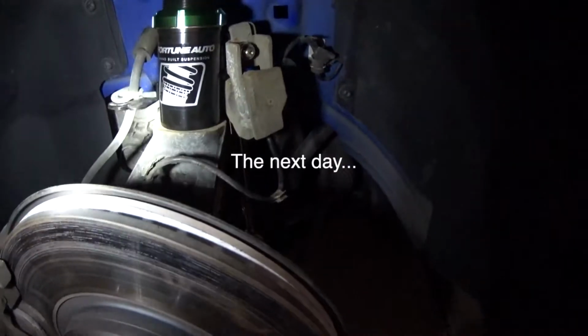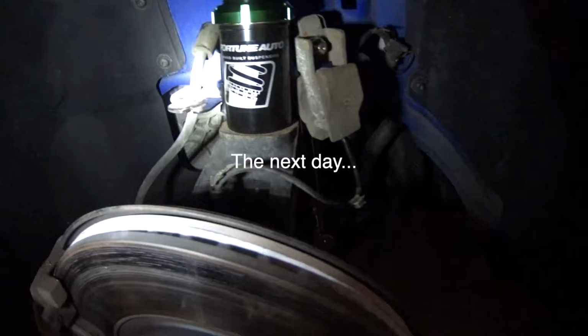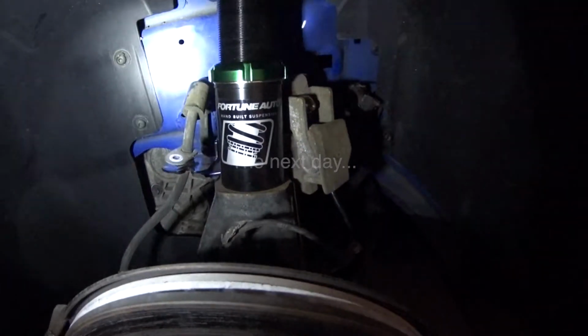And now I'm on the driver's side. Now, everything looks normal, everything fits properly. Now the only issue is that